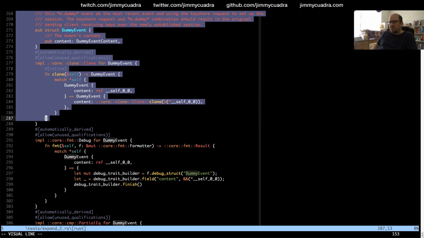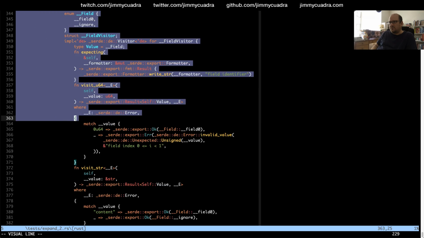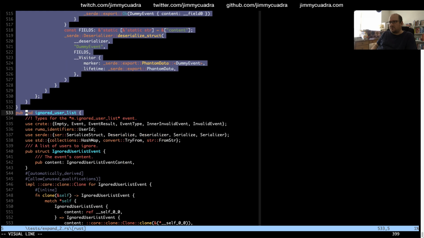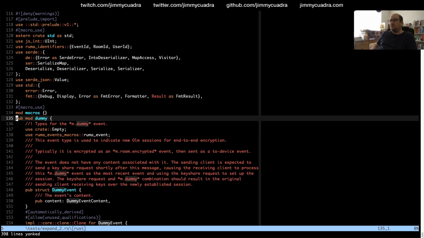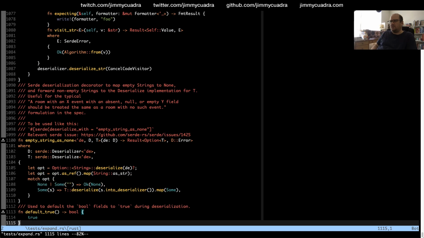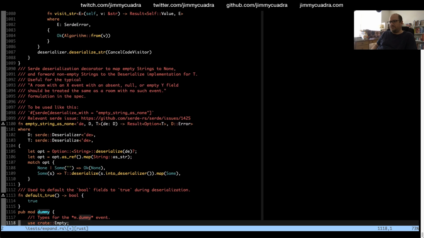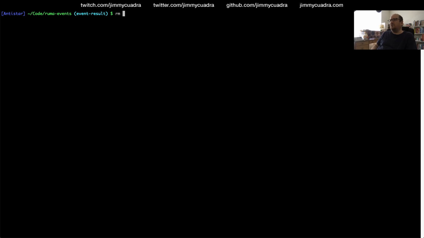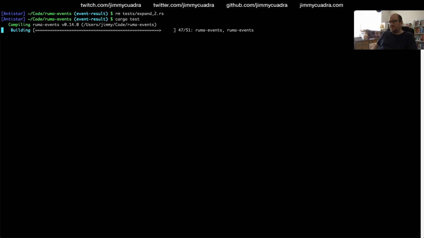That's what we want. Let's extract all of this nonsense. And then we're going to go back to the first expand, and let's paste this in. And then we'll run remove tests expand2, and let's run cargo test again. See how far we get.